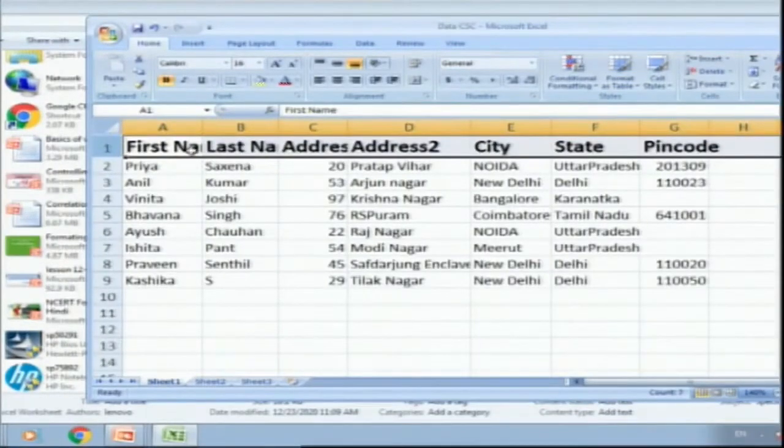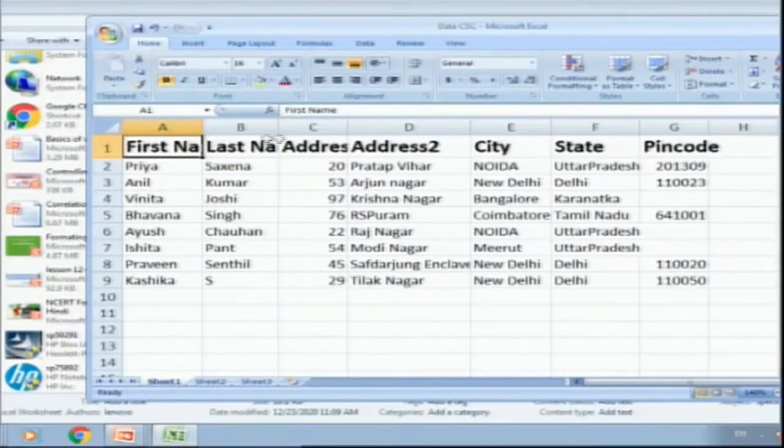Here we have also discussed auto-fit column. See that the name of the column is not fully visible. It shows first, then after that NA. If I want to auto-fit, I just go to this particular column. When I move my mouse near the column header, a double-sided arrow gets displayed.